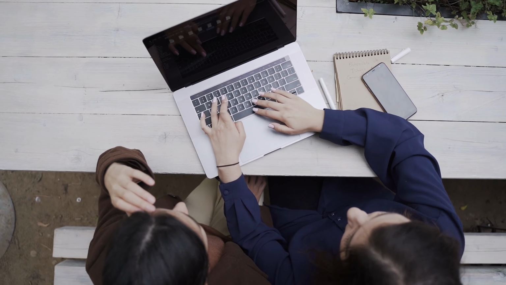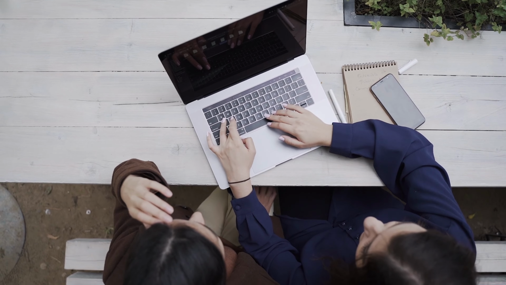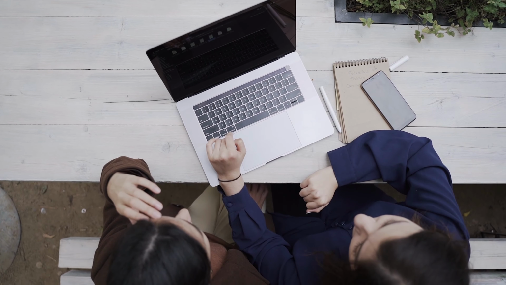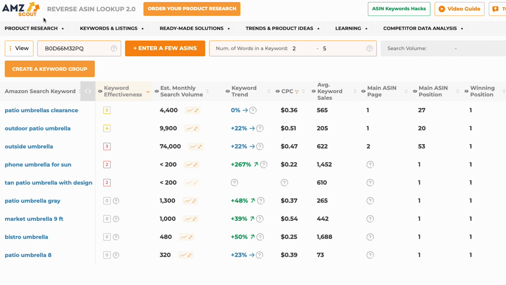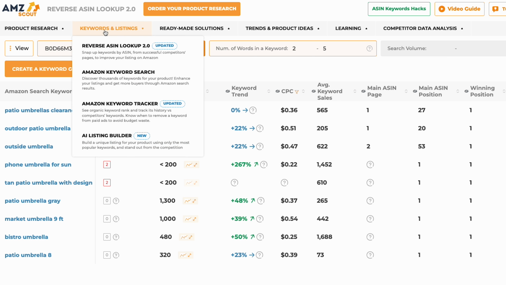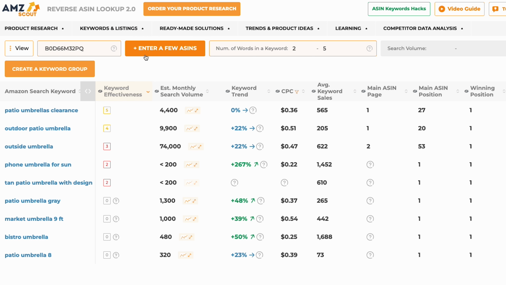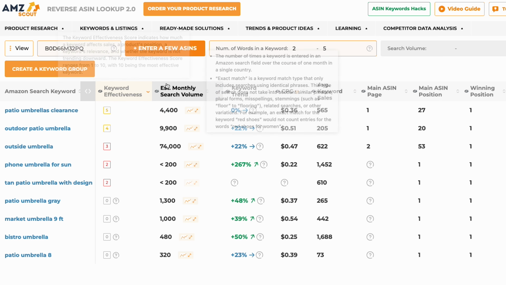Another important strategy to obtaining keywords is seeing what keywords the top competitors in your niche are using. Again, AMZ Scout has created a specific tool that allows you to see what keywords your competitors are running. To start, you'll hover over the Keywords and Listing tab and now click on Reverse ASIN Lookup. From here, you'll have to copy and paste the ASIN of a top competitor in your niche into the search